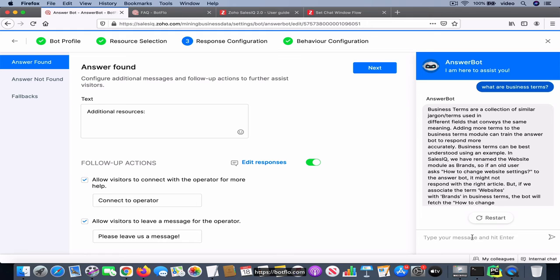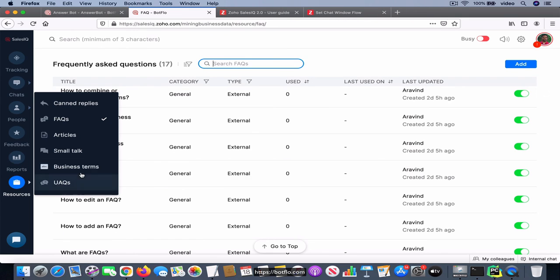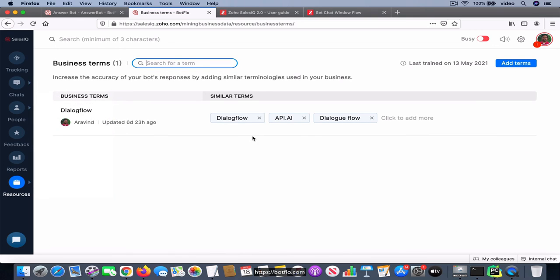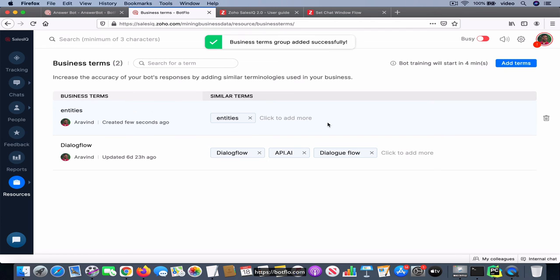Now if I were to try "what are entities," we find that it comes back with the response, "Sorry, I couldn't find any resource." So what I'm going to do now is go into this business terms section. I'm going to add this entity as the business term, and then I'm going to say business terms,